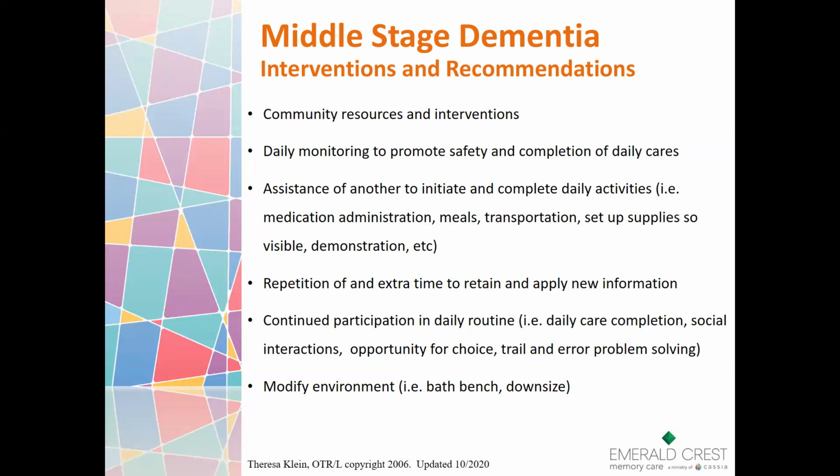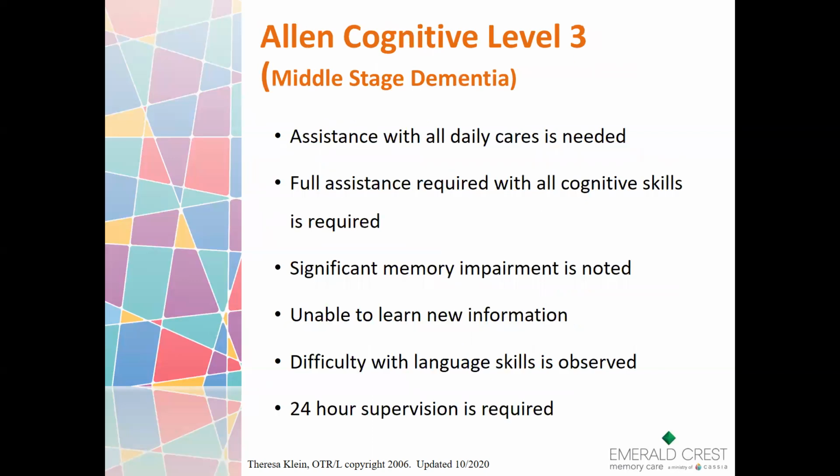But at this level 4 is where we're going to start to see families maybe needing to make that decision to have somebody come in and help with care, or they're going to start looking for a care center, a memory care unit to assist on a 24-hour full-time basis. So level 4 is that transition. If you've got enough support out in your own home, then you're good, but might need more help. So 4 is transitional, may or may not need to be placed, but 3 is where somebody is needing that